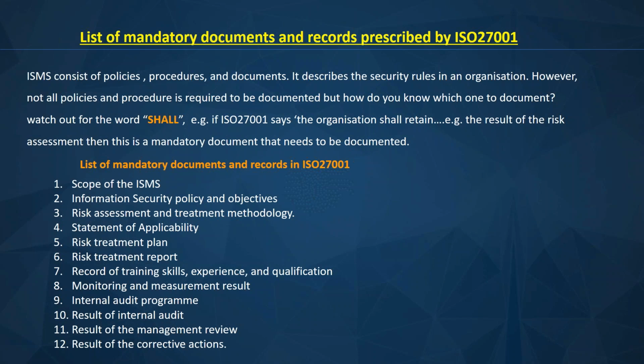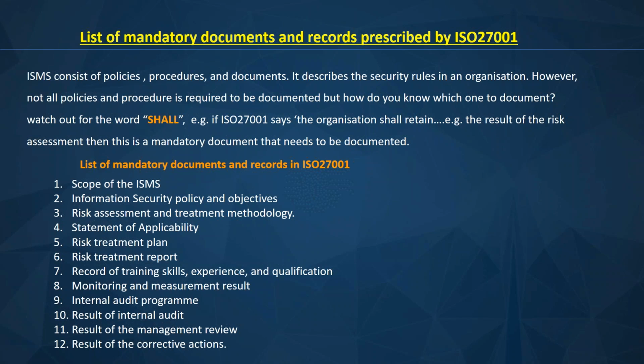So when they use the word shall, they are not using the word should. Because if they had used the word should, you could interpret it and say, well, if it is should, I can decide to do it and I might not do it. But it's shall. That means it is compulsory. So if you don't do it, you are not going to get certified. You are not going to be complying with ISO 27001. So when the word shall is there, that's what makes it mandatory.